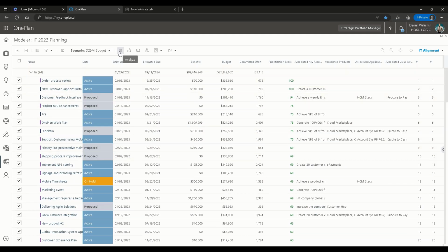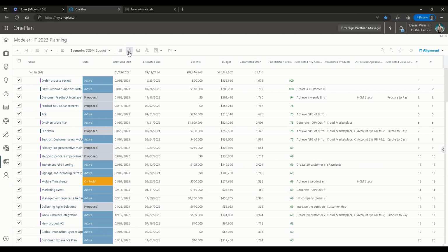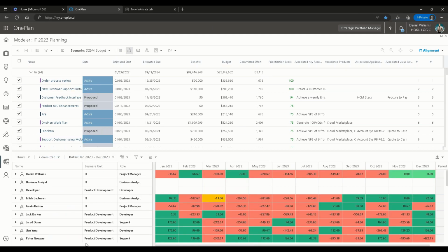I could be comparing it, so I can analyze and see that with the 94th project, I'm actually over the amount. So this gives you the ability to define scenarios and then obviously save them and make them part of the execution. The other important component is that here we can do what if